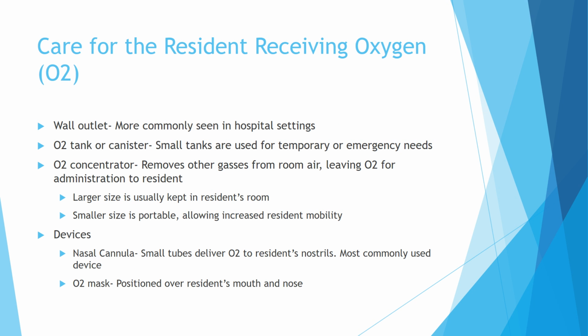Care for the resident receiving oxygen. We have wall mounts, which are more commonly seen in the hospital setting. There are O2 tanks or canisters. Usually small tanks are used for temporary or emergency needs. In the nursing homes, when they're out of the room, you'll usually see them with a little bottle on the